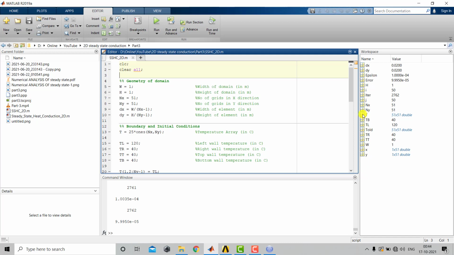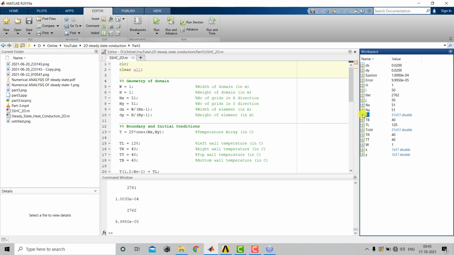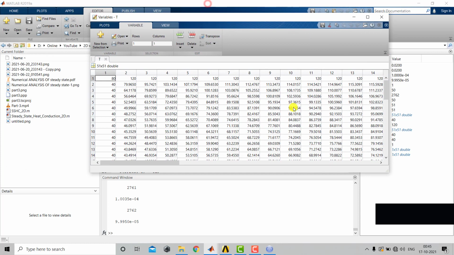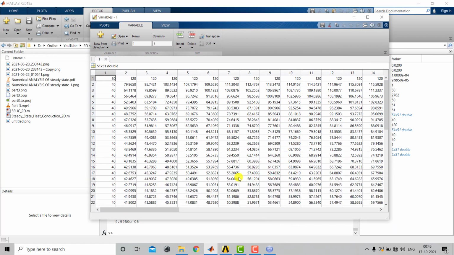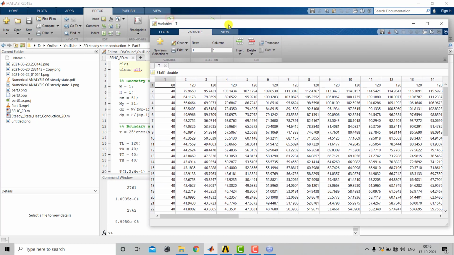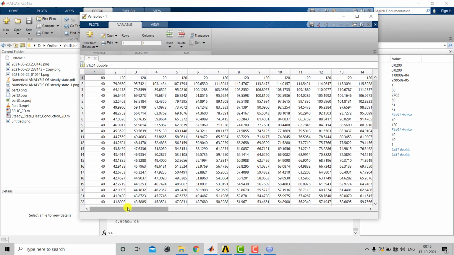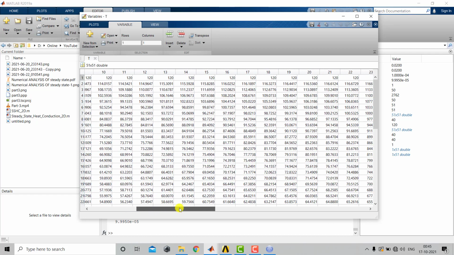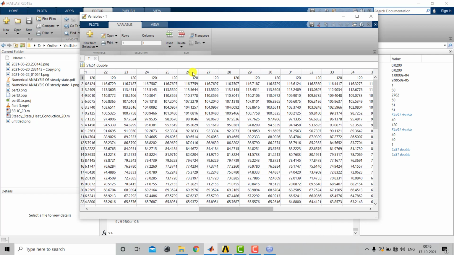and we can see here the results, that is the temperature that we have solved using the MATLAB script. So from here also we can double click on this temperature. Now from here we can see that to get the same result, we have divided the entire domain into 51 by 51 grid. So to get the middle horizontal grid, we have to go for 26, that is exactly middle. You can click shift, control and the bottom button, and we can just press control C.